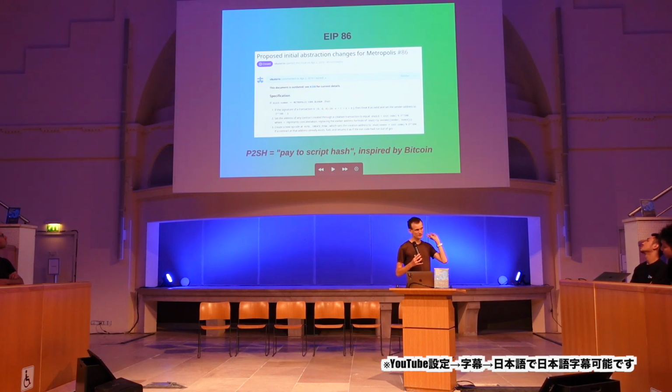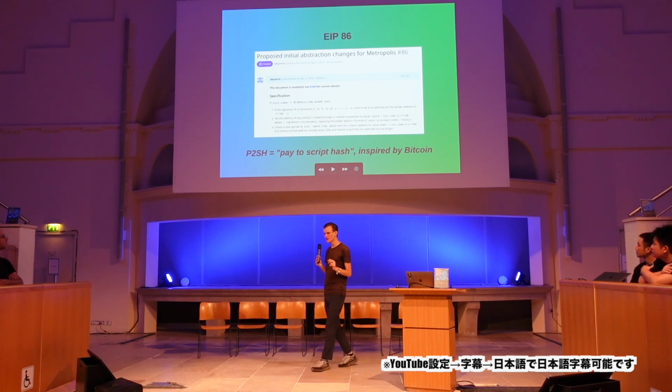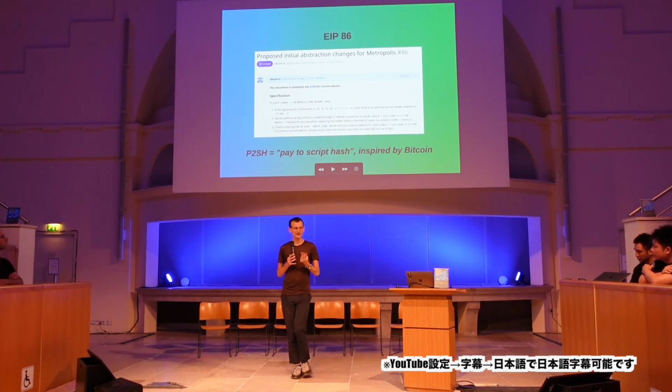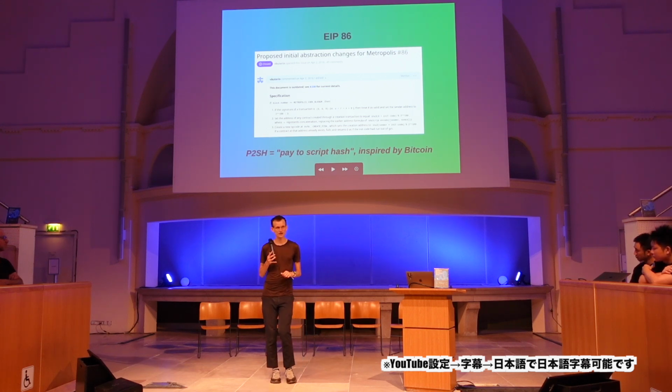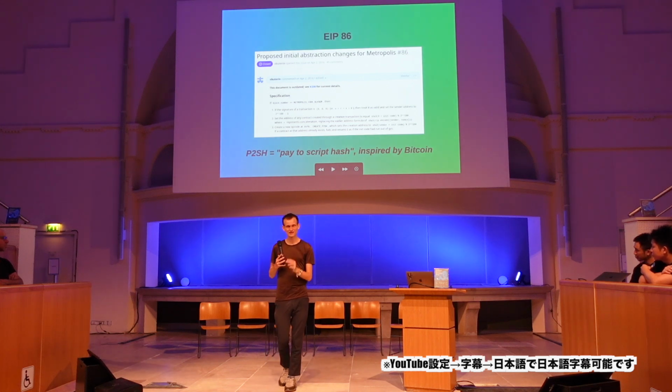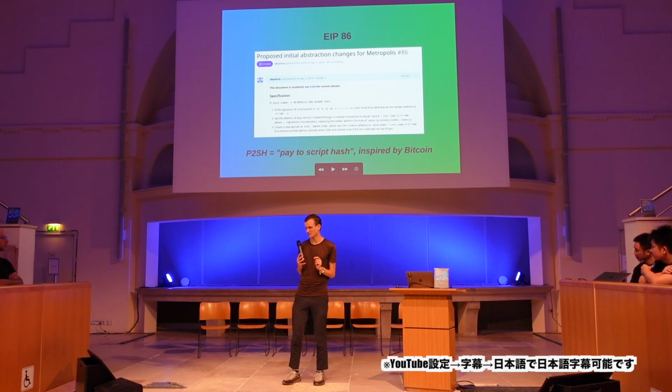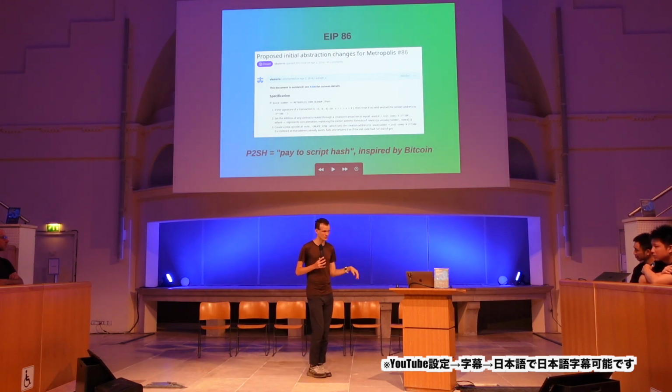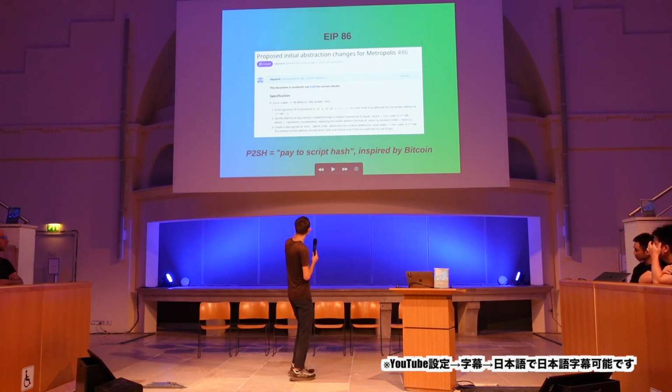So the first part of the journey here is EIP 86, right? This was the very first attempted EIP that would try to do account abstraction. It was for Metropolis, which was meant to be the hard fork after Homestead, so the second hard fork after launch. That ended up not happening. But the basic idea is a small change where if the signature of a transaction is set to 0, then the